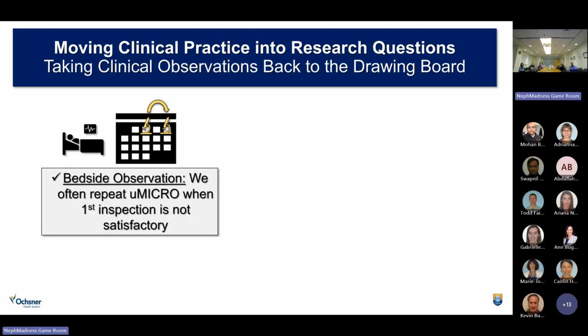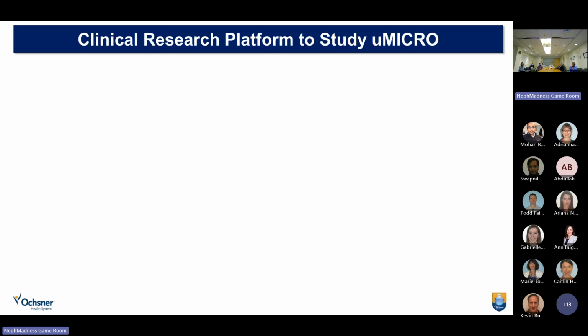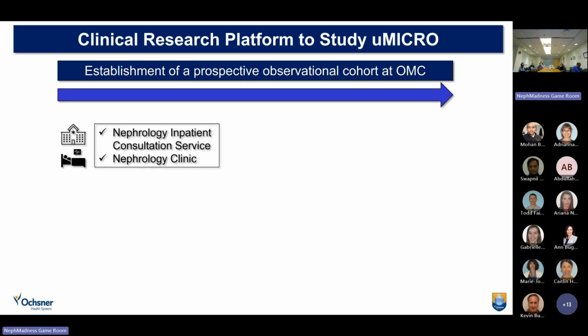that we had the bedside observation that we often repeat microscopy when the first inspection on day one is not satisfactory. We go 2 days later and we look at the urine again. We're just not happy or not clear what's going on with the patient. The question is, are we wasting our time, or is there any value in looking at the urine for the second or third time? So for this and all the studies that I'm going to share with you today at